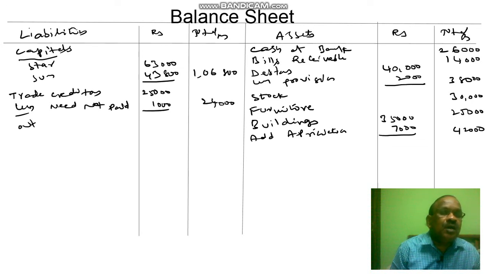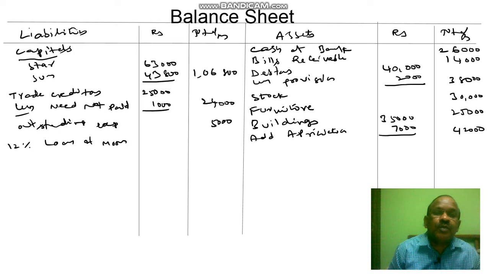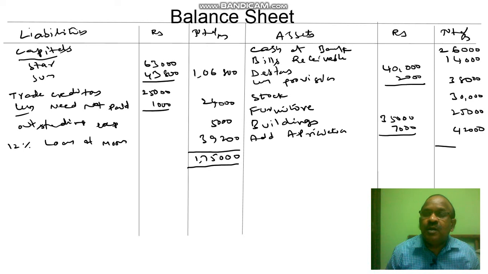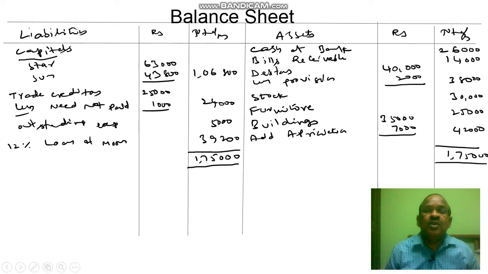Next is outstanding expenses. Here it is 5,000. Next is the 12% loan of Moon, 39,200. Total is over. So liabilities is 1,75,000. Here is also 1,75,000. So this is the balance sheet, students. In this method, so here in the retirement of the partners, we are preparing